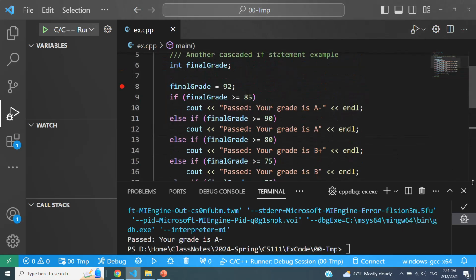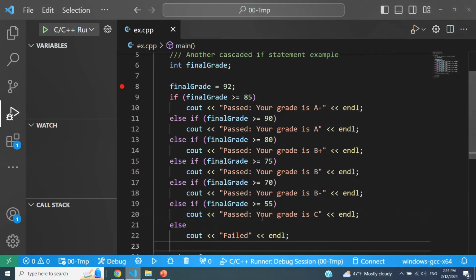So you have to make sure that the ordering of these else if statements is correct. Think about it. If the final score is 92, it is greater than 90, but it is also greater than 85. Something that's greater than 90 is definitely greater than 85.